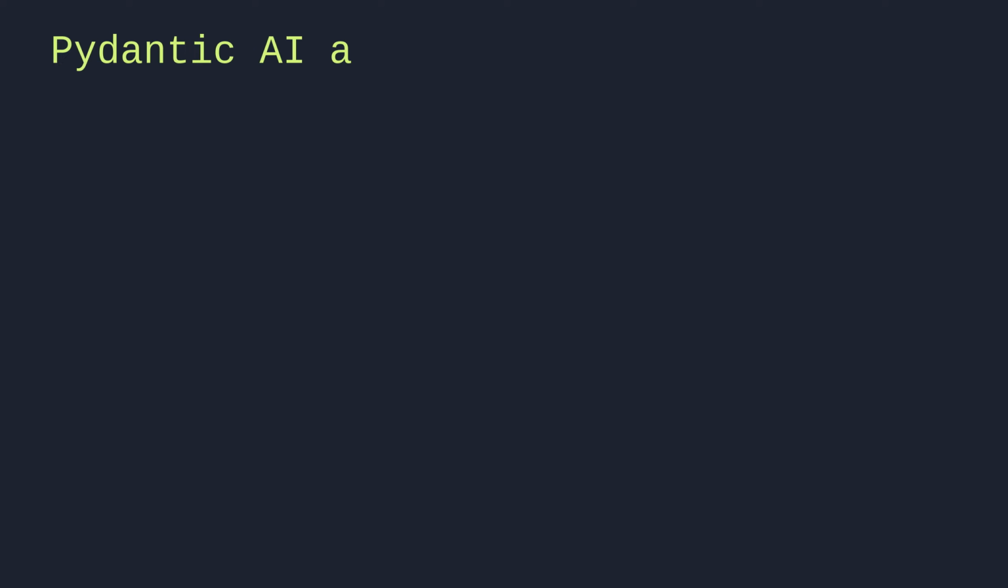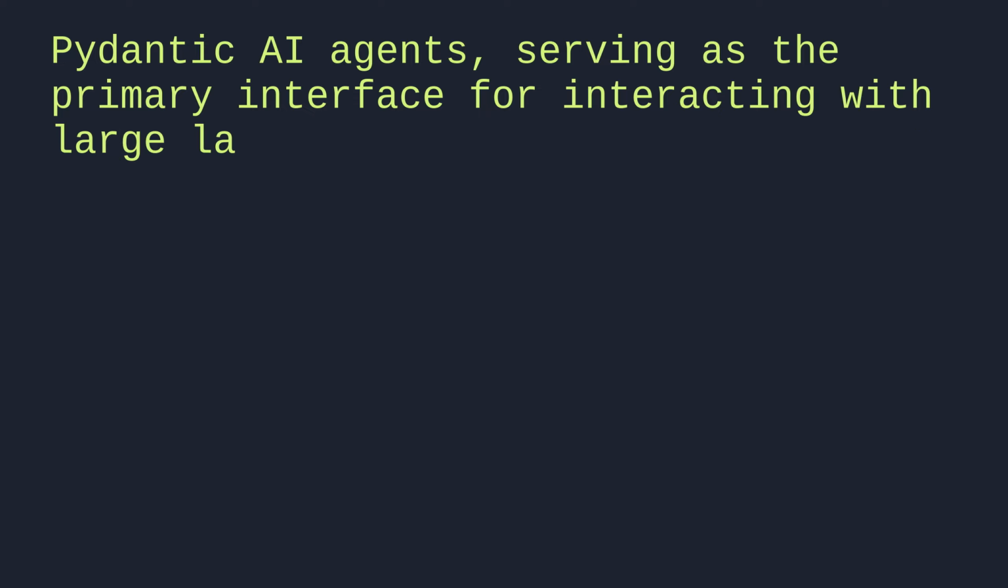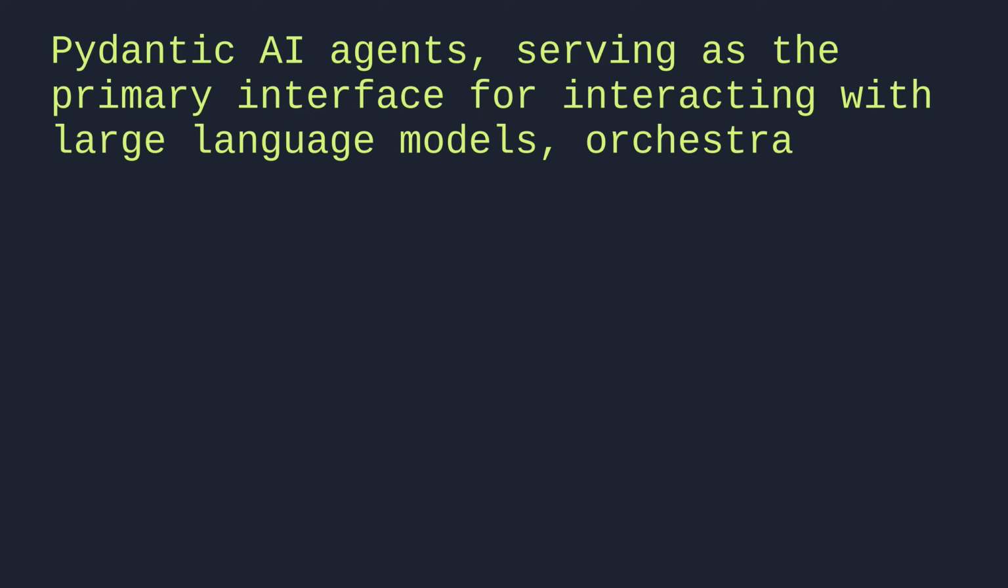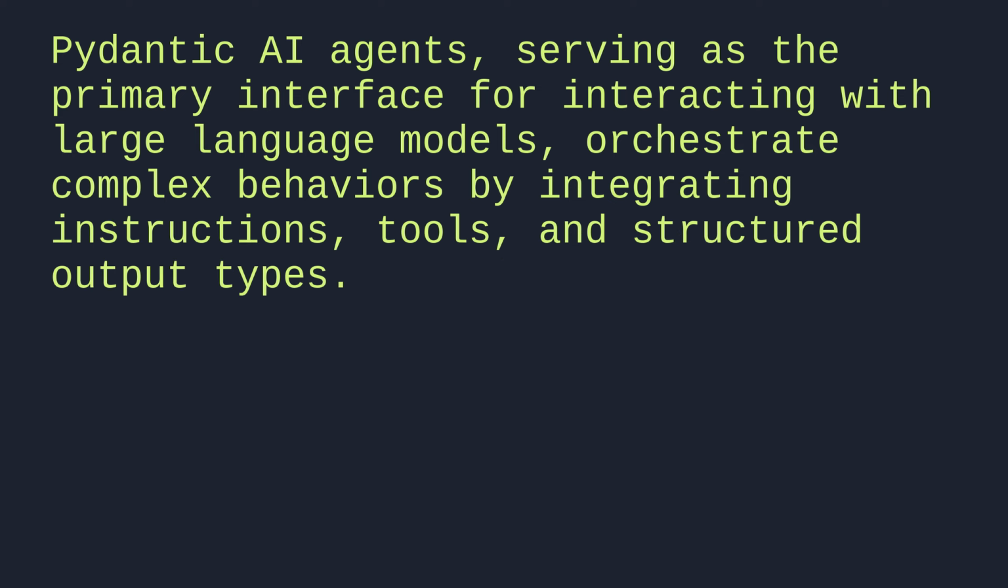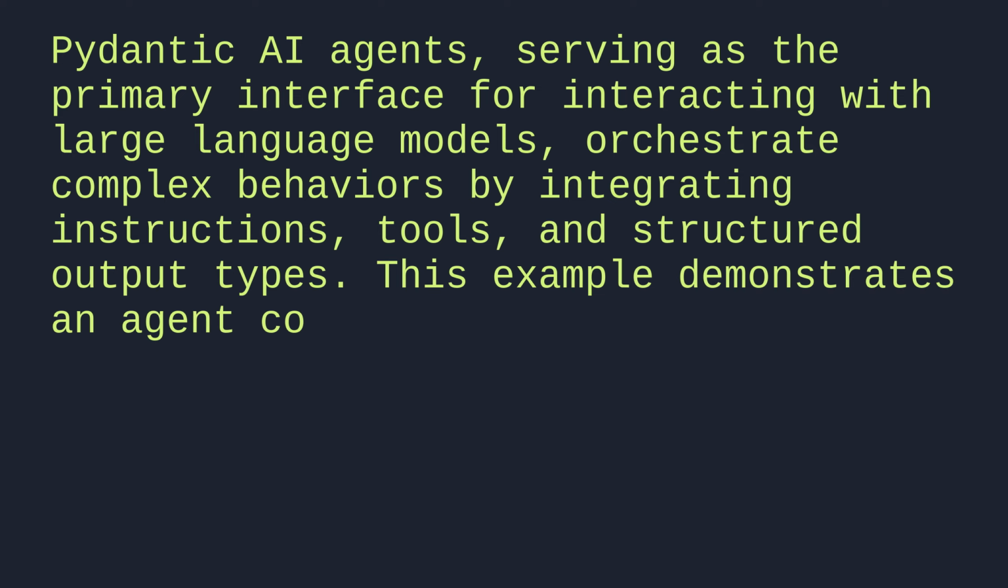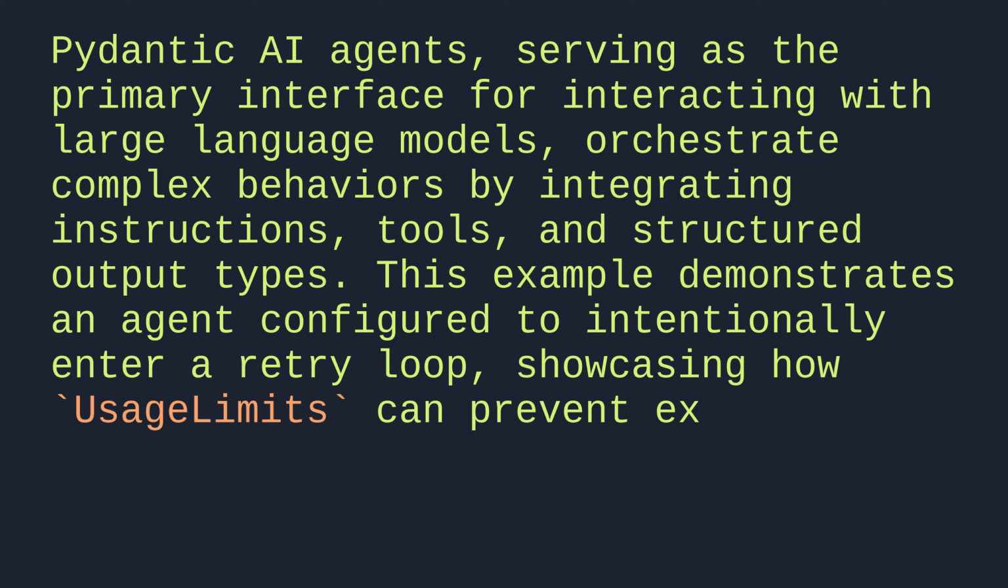Pydantic AI agents, serving as the primary interface for interacting with large language models, orchestrate complex behaviors by integrating instructions, tools, and structured output types. This example demonstrates an agent configured to intentionally enter a retry loop, showcasing how usage limits can prevent excessive resource